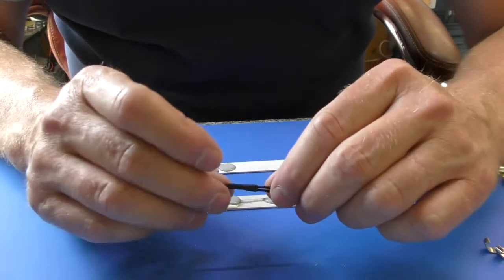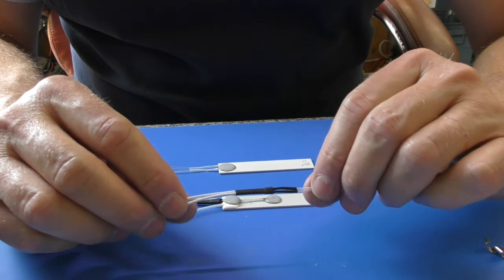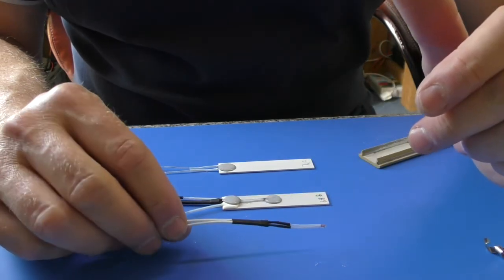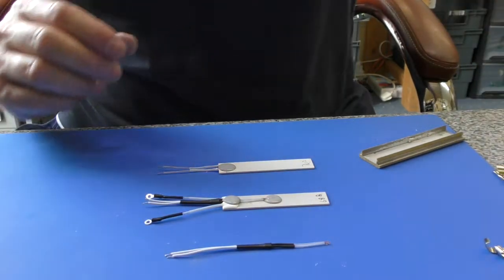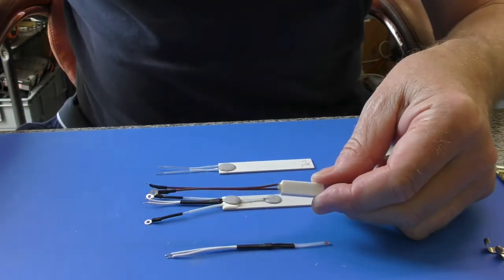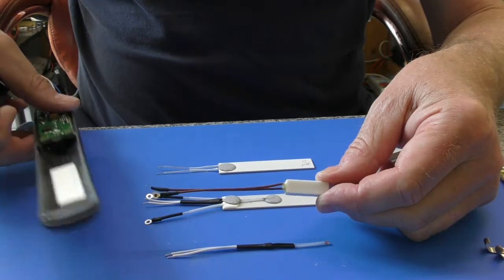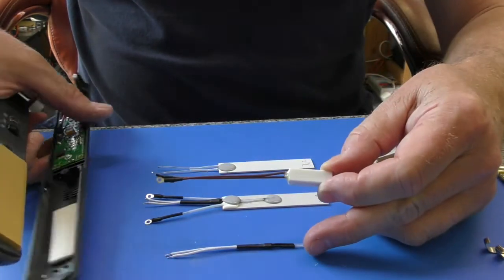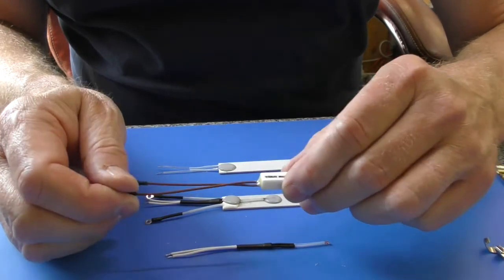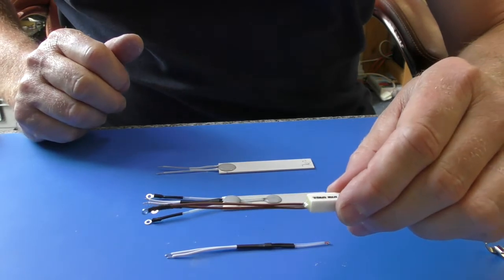So the thermistor can be responsible for a continuous bleeping, it can be responsible for dead symptoms, and it can also cause the irons to overheat and blow the thermal fuse. So if your thermal fuse is damaged, and it looks like this, and it is fitted to the switch side arm, this thermistor is fitted on the non-switch side arm. So if you've got a blown thermal fuse, it's always worth changing the thermistor after checking for other causes of